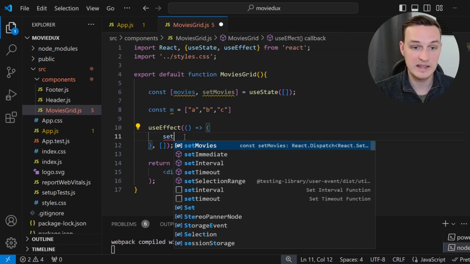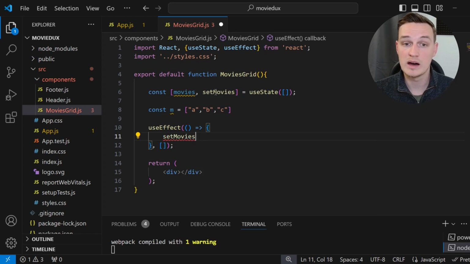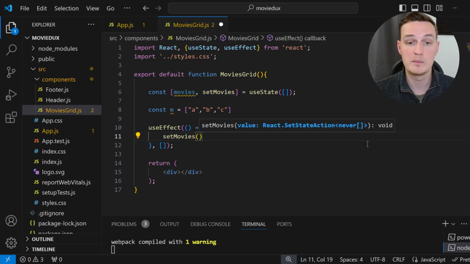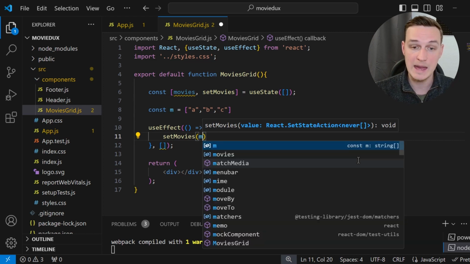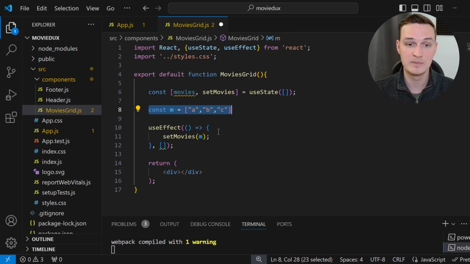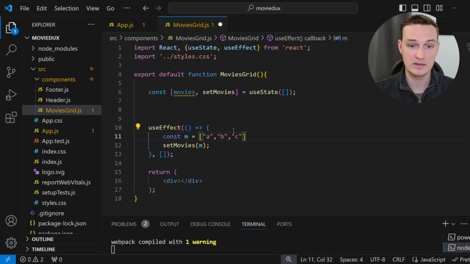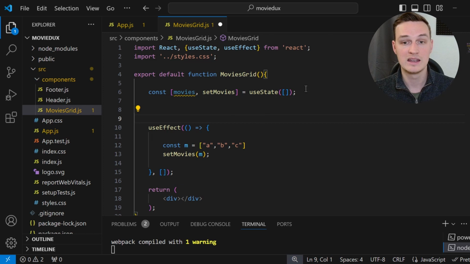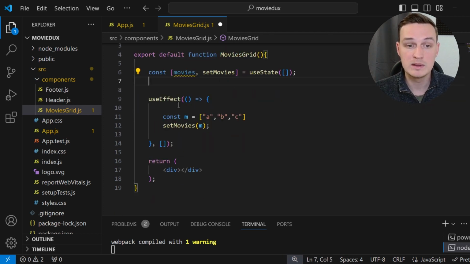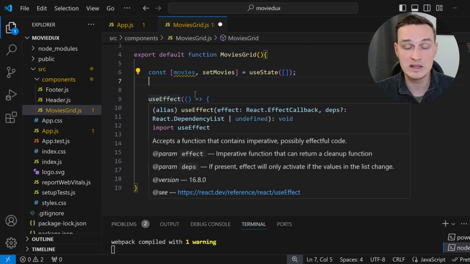So we can call setMovies, our state updating function. Then we open up parentheses and provide the value that we want to set for our state, which is m, right? And keep in mind that m right here, those are our fake movies. Let's take them and put them into the effect, right? Just like that. So now when we render our MovieGrid, this effect will get called